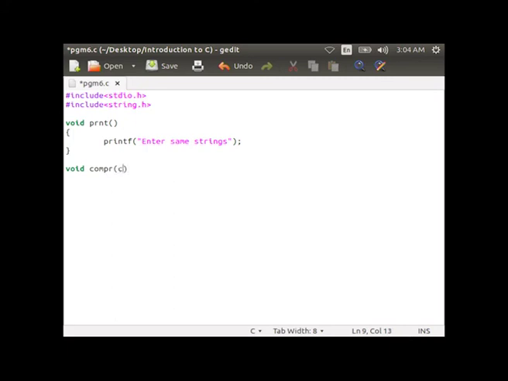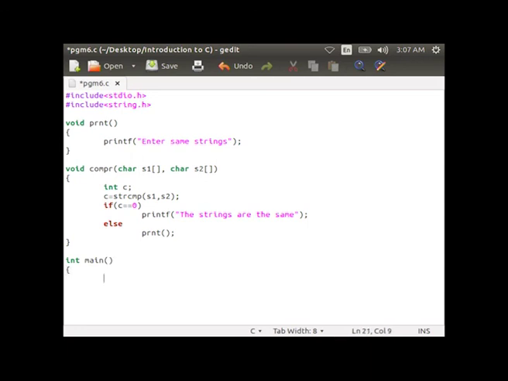Now, let us type the next function void compr(char s1, char s2), then within curly braces int c = strcmp(s1, s2), then if c == 0, printf("the strings are the same"), else prnt(); then close the curly brace.